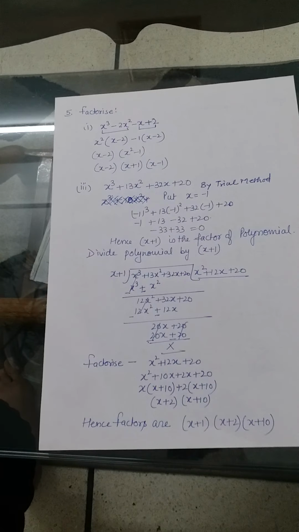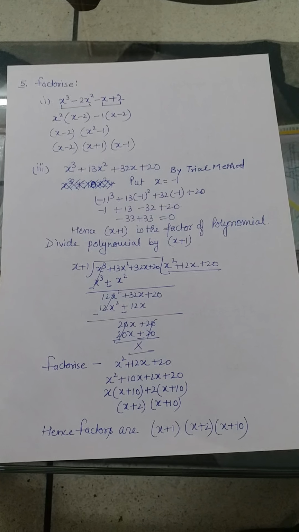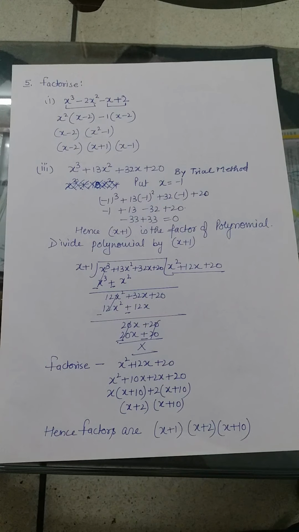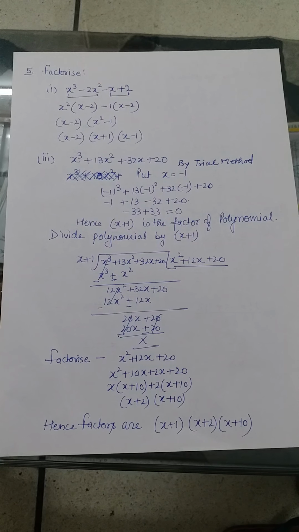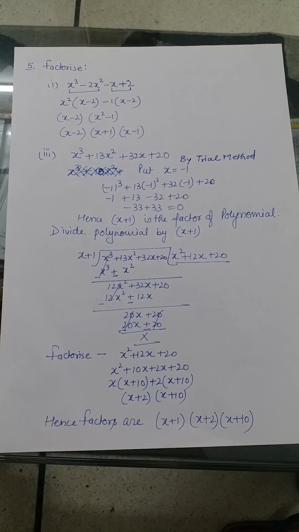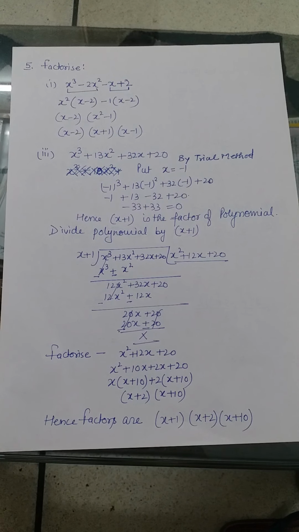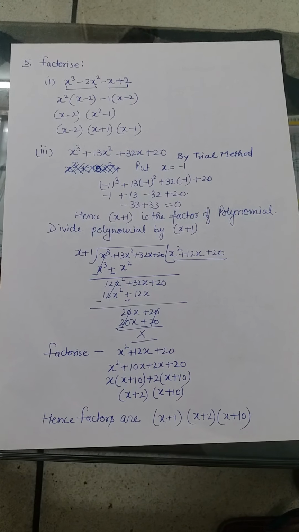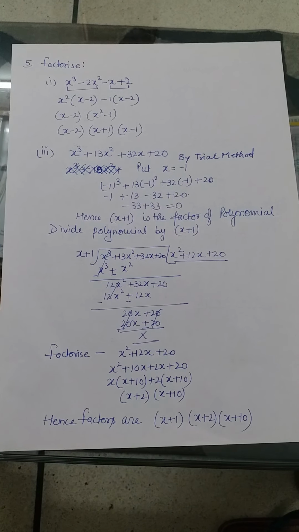In question number 5, we have to factorize the polynomials. Again, that is a cubic polynomial. In the first part, we can easily do it by taking common factors. Like we have x cube minus 2x square, we can take x square as common. In minus x plus 2, we can take minus 1 as common. So we will get the same factor x minus 2. Again, taking x minus 2 as common, we get x square minus 1, in which we can apply the identity a square minus b square, that is (a plus b)(a minus b). Hence, we will get all three factors: x minus 2, x plus 1 and x minus 1.